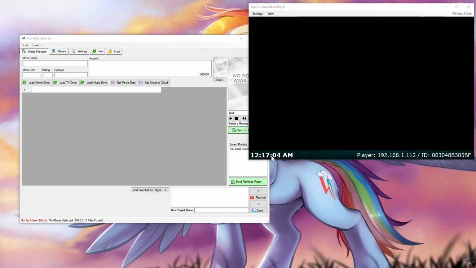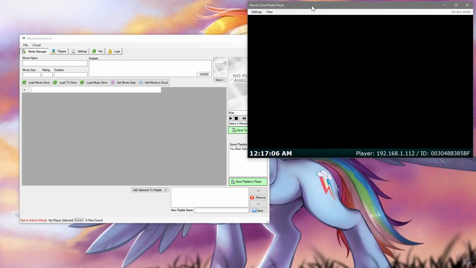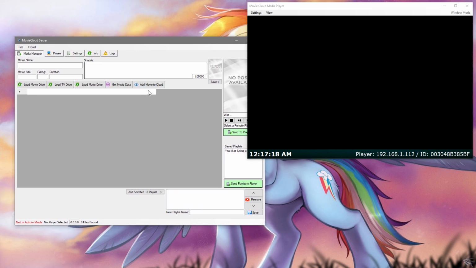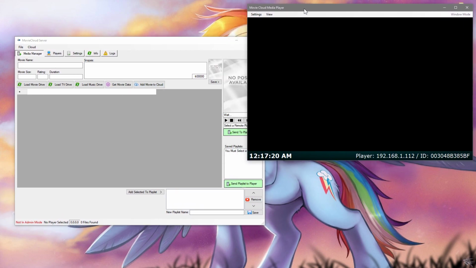Hey guys, I want to show you a piece of software that I've been making for quite some time. It's called CloudSync, or basically a movie server that I built that will have a client player and a server software. So the client player can go on like an Intel NUC or any type of mobile Windows media service,